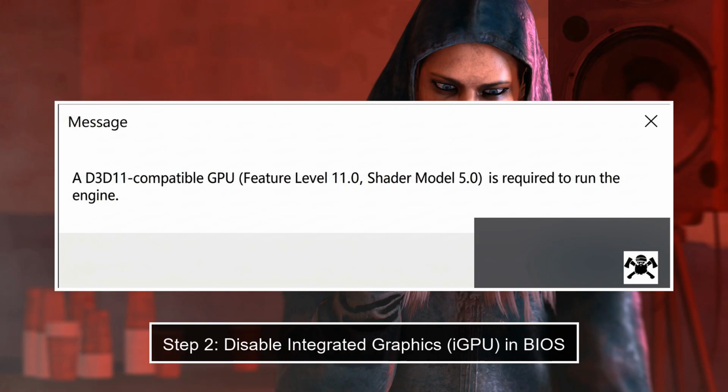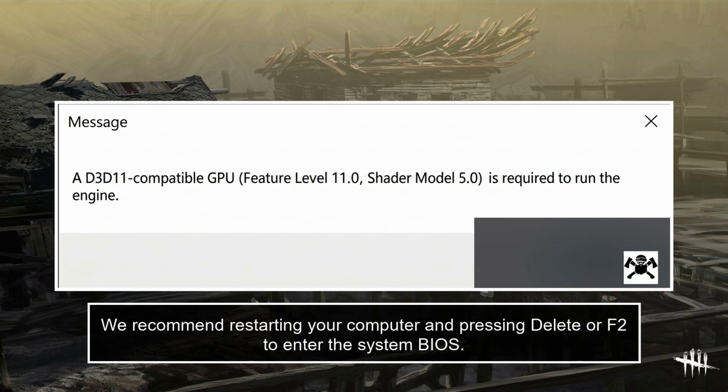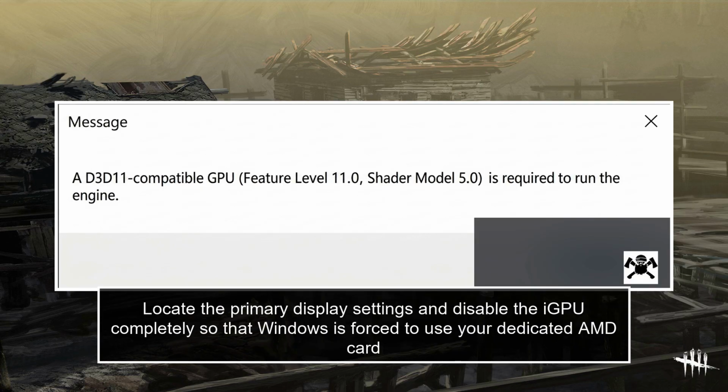Step 2. Disable integrated graphics, iGPU, in BIOS. If your processor features an integrated GPU, the operating system might be routing the DirectX 11 engine to the onboard chip instead of your discrete graphics card. We recommend restarting your computer and pressing Delete, or F2, to enter the system BIOS. Locate the primary display settings and disable the iGPU completely so that Windows is forced to use your dedicated AMD